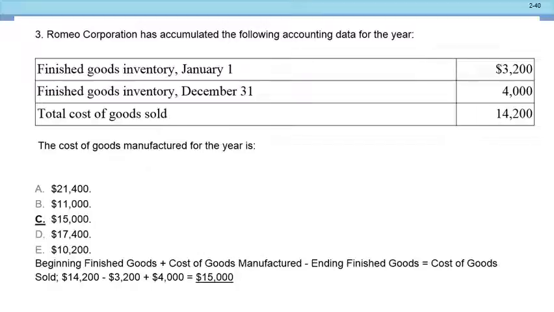And let's take a look. And I have my finished goods. And it's going to be BASE. And I look at the question. Do they give me the beginning balance? 3,200. The beginning balance? Okay. Do they give me the ending balance? They give me the ending balance of 4,000. Then what? Then I go ahead and I have to see, is it the add or the subtract that I want?